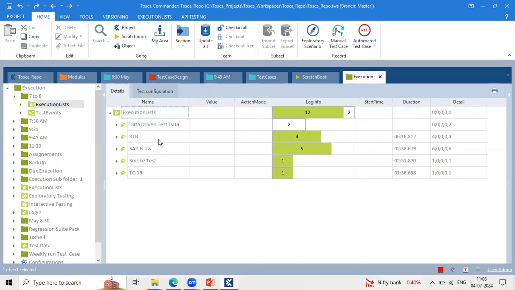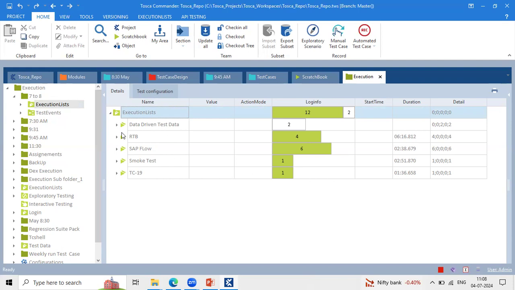Hi, Anusha, Anitya here. We have qTest as well, right? Can we update our results directly? For example, if I execute scripts in my execution list, will these results update directly in my qTest? If you have an integration between Tosca Commander and qTest, then it will reflect automatically.